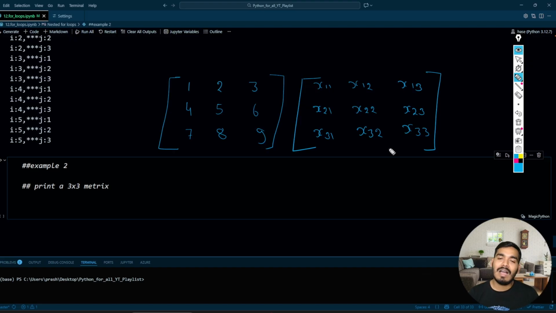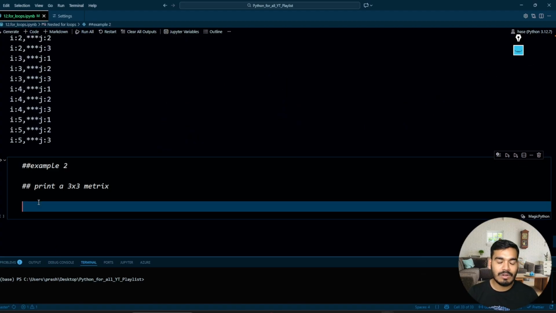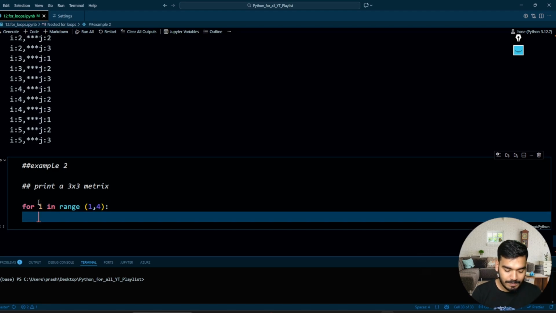Perfect. So I want the 3 cross 3 matrix using the nested for loop. So how is it going to work? Let's see. I'll write over here, we want 3 cross 3. So for i in range of 1 comma 4, I can take that directly. And then over here I'm taking for j in range of